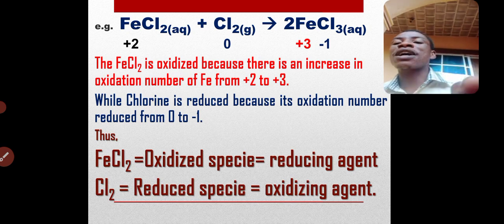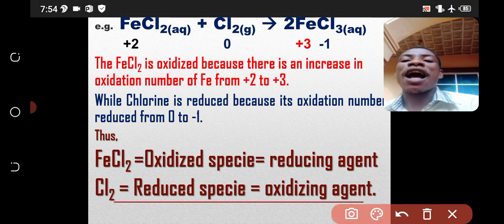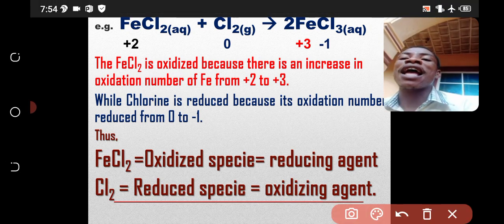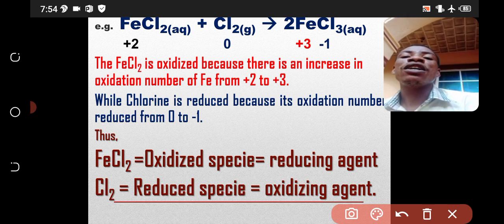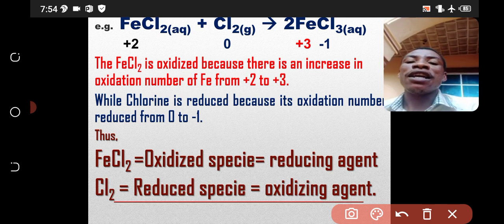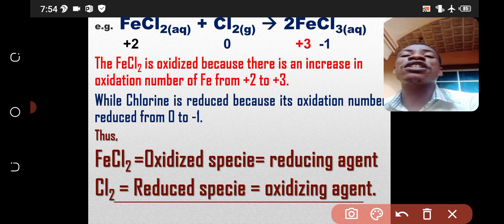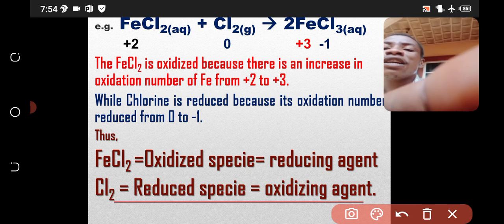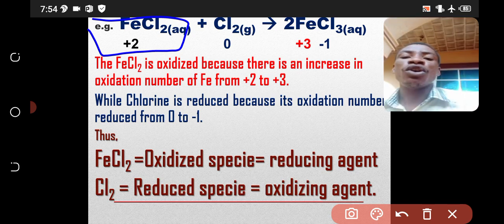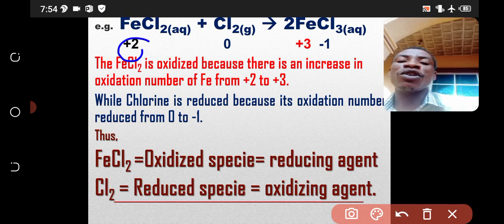So as you can see in this place, this reaction is FeCl2 plus chlorine give us FeCl3. If you calculate the oxidation number of iron in this FeCl2, you know that it is plus 2, because if you have